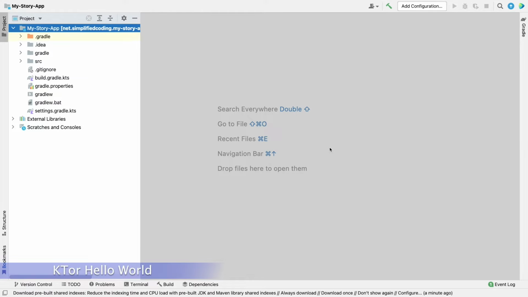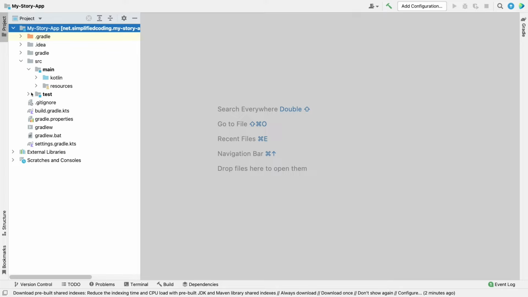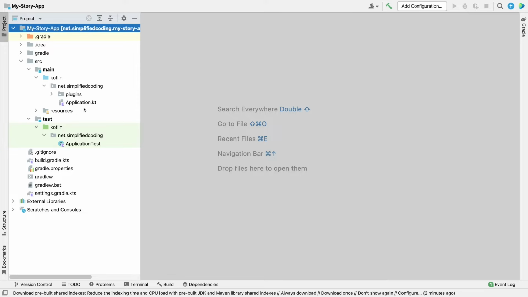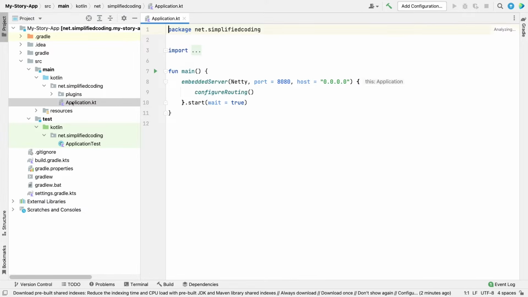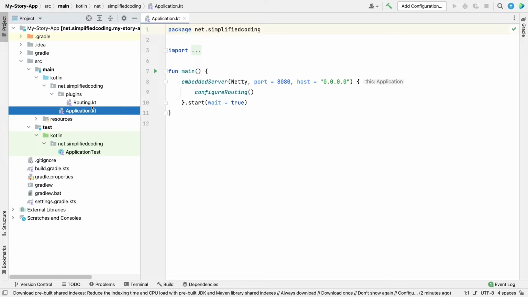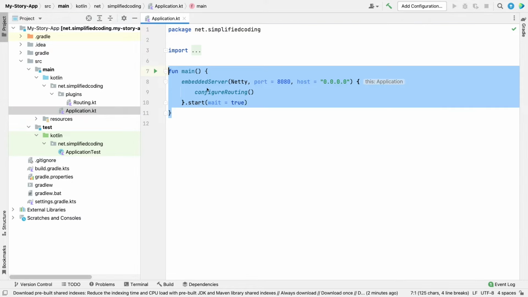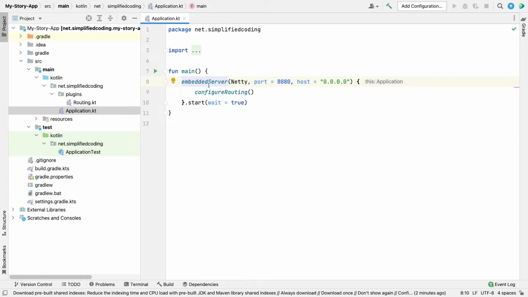Here you can see I have opened the project in the IntelliJ IDEA IDE and here you can see the project directory. Now we need to open this source folder and here we can write our main code, and in this test folder we can write test cases. So by default you get this application.kt and you get this routing.kt. Inside application.kt you can see we have a main function, and inside the main function we have an embedded server, and this server will run at port 8080 and the host is 0.0.0.0. You can change the IP if you want. Let's say I want to make it